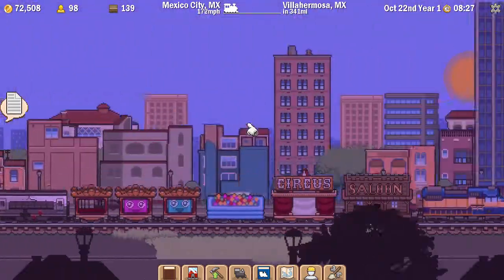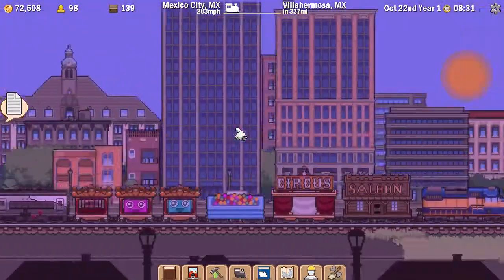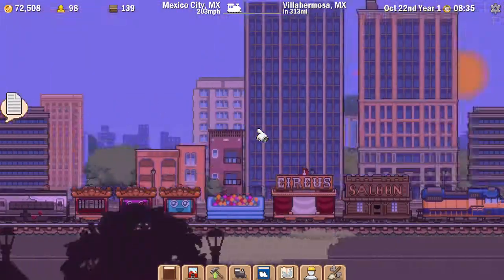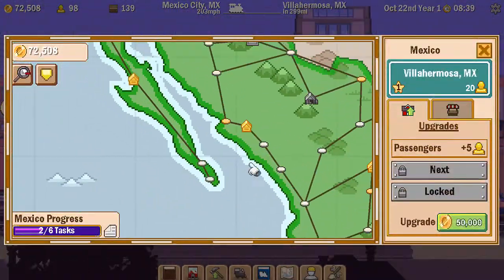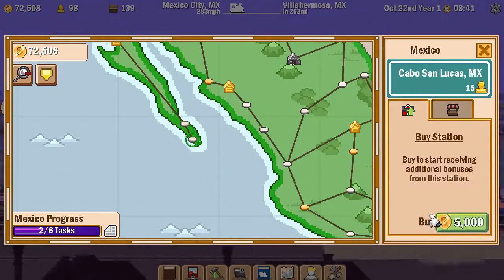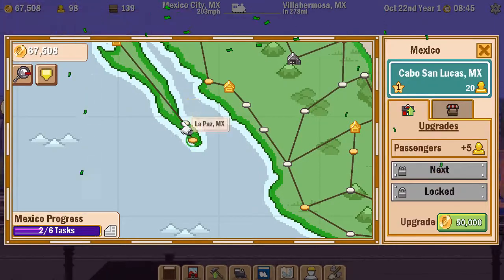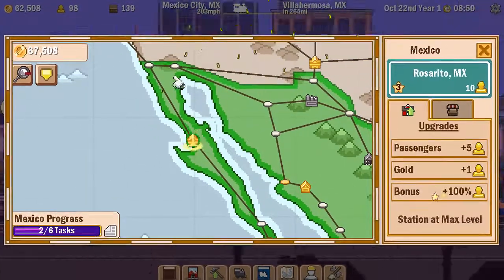So this is just basically me having a little tour around Mexico, because I haven't been to Mexico in this game or in reality. Now, I was still looking to buy relatively cheap stations. So, Cabo San Lucas, I've actually heard of that as well. It's another vacation place for American tourists. Rosarito,